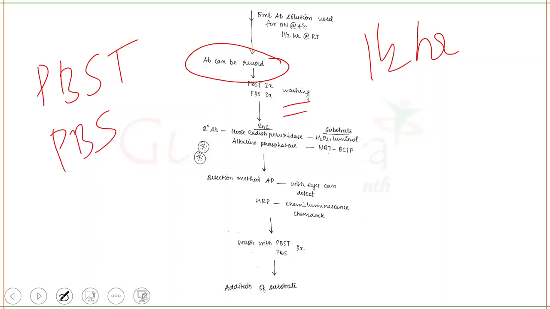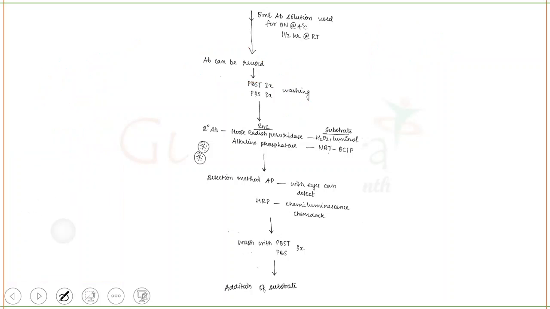Next you're going to add a secondary antibody which will be conjugated with an enzyme. One enzyme is horseradish peroxidase, called HRP, and for this the substrate you will use is H2O2 and luminol. It is written over here. Another enzyme you can use is alkaline phosphatase, and for that you can use the substrates NBT and BCIP.